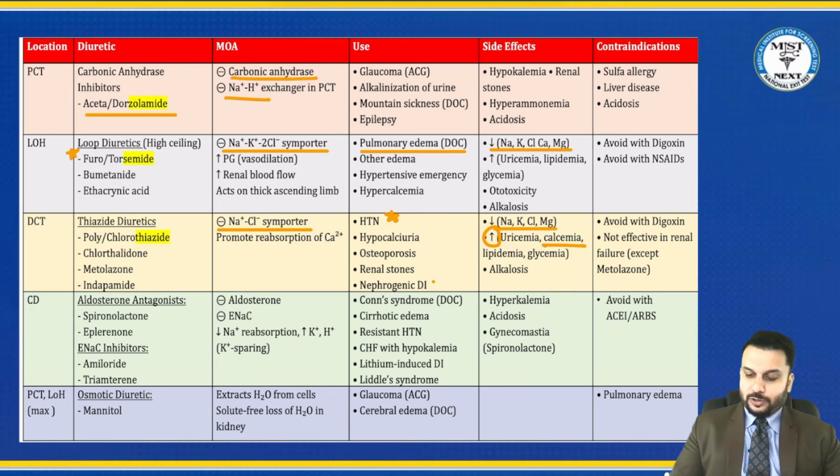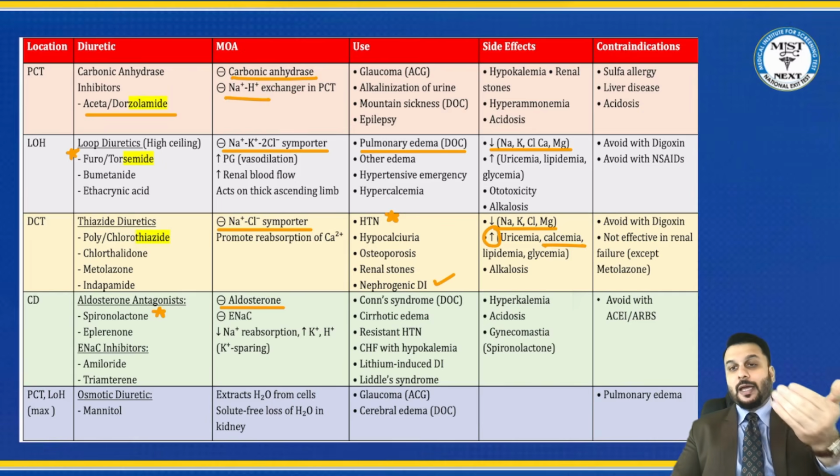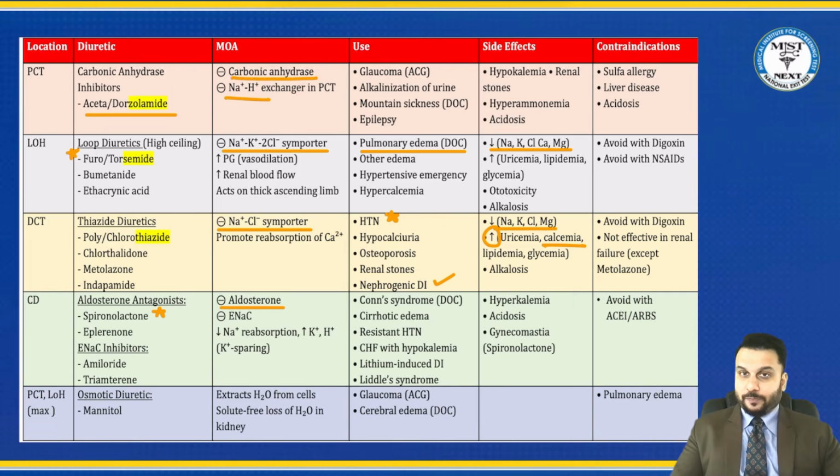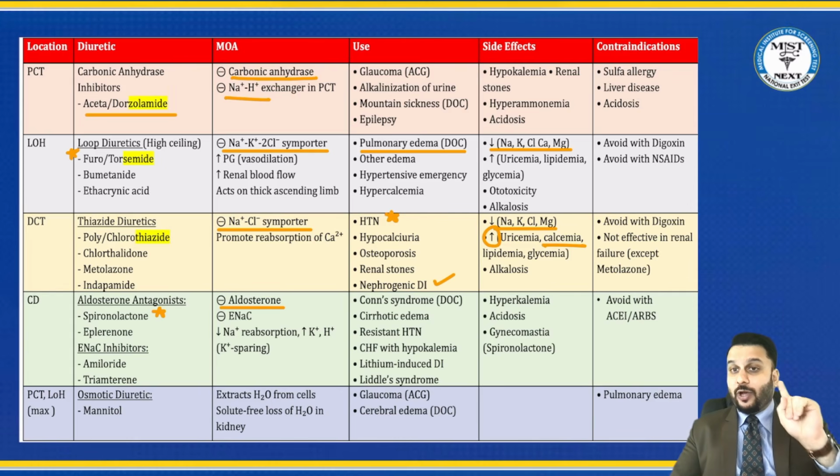And they're also used for something called nephrogenic diabetes insipidus. Okay. For the central diabetes insipidus, the drug of choice is desmopressin, whereas for the nephrogenic diabetes insipidus, the drug is thiazides. Okay. Next is aldosterone blocker like spironolactone. Spironolactone blocks aldosterone, and because it's blocking aldosterone, sodium will be lost and potassium will be saved. Now, because it's an aldosterone blocker, it should be used when you have too much aldosterone. That's where I want to block aldo.